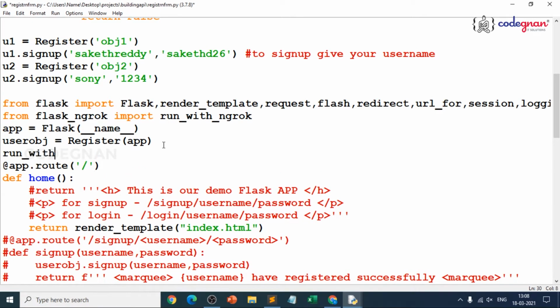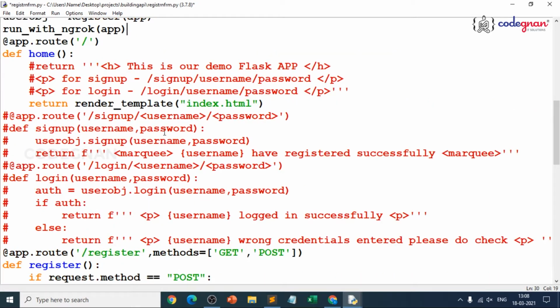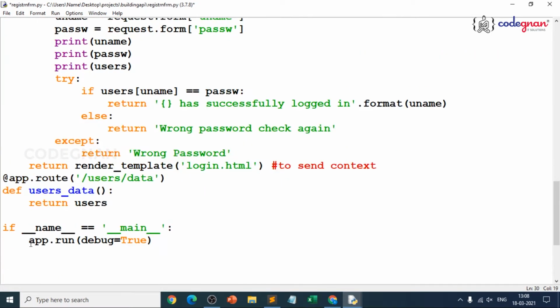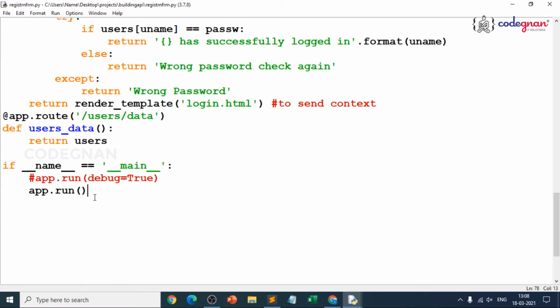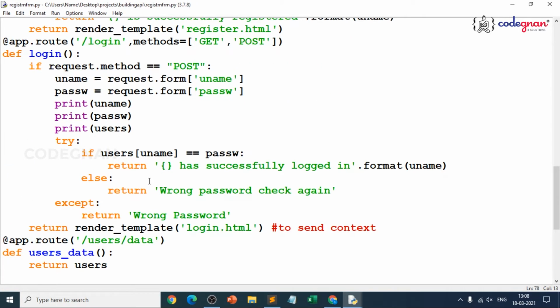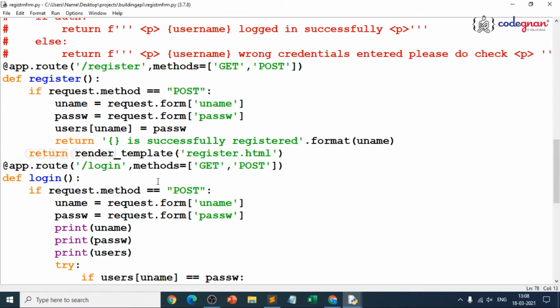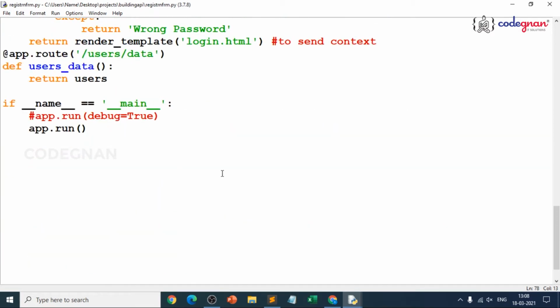Finally, you just need to remove debug equal to true and just run the application, because debug equal to true is for your Flask application when we are in development, not in production, right? That's it. We have already seen how to run our Flask application with ngrok. We gave the same thing over here.